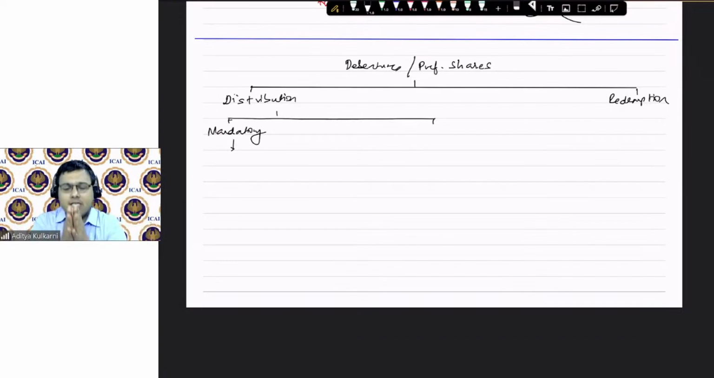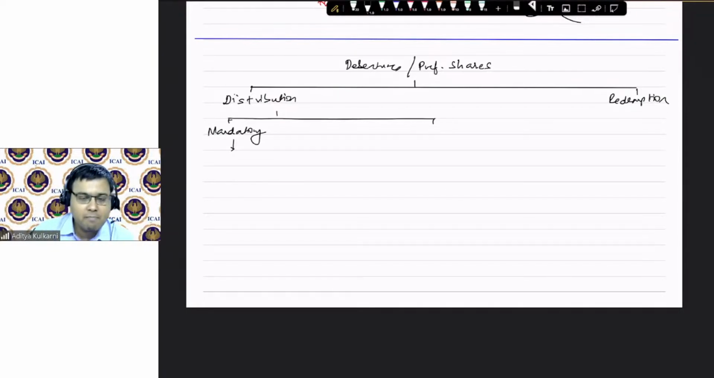What are the features of this instrument? There could be distribution, there could be redemption. Now I'm talking only about distribution. That means payment of interest or payment of dividends. If this is mandatory,